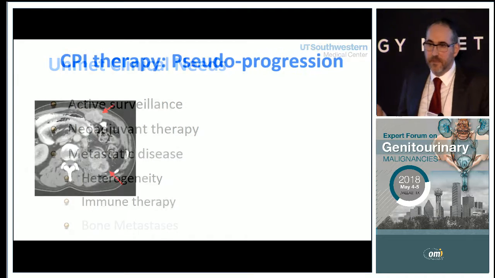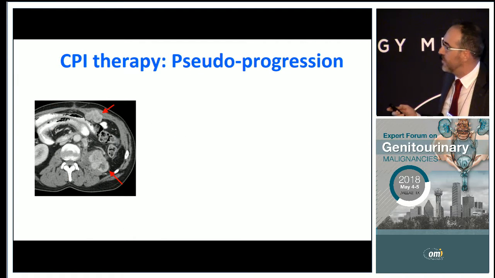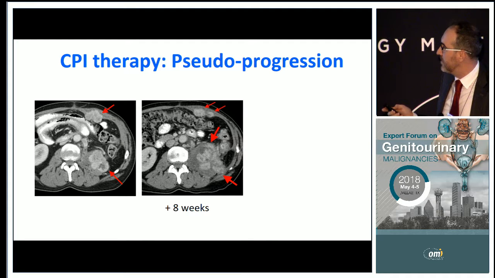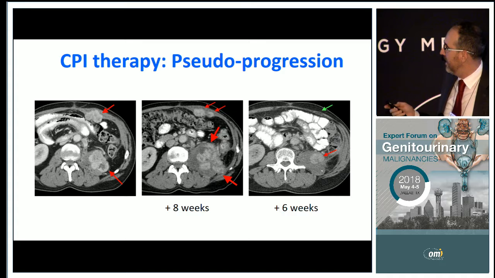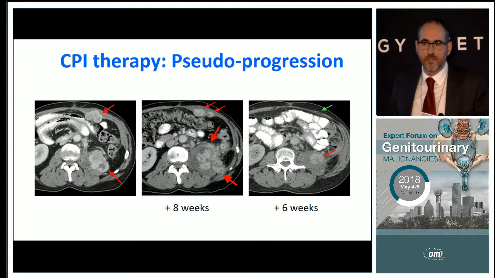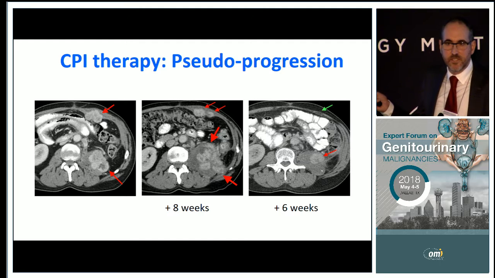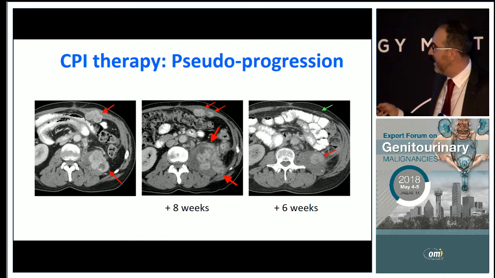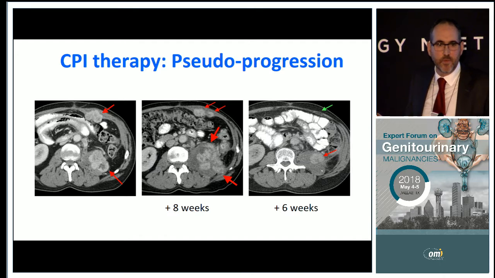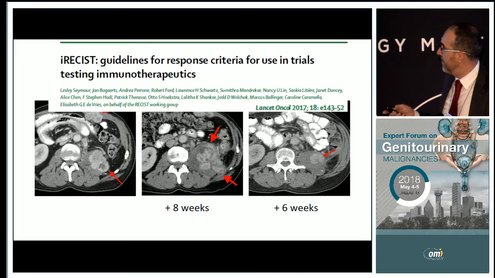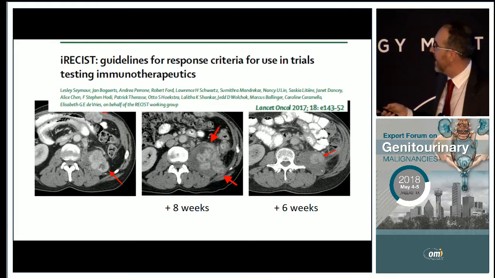What about immune therapy? We're all aware of the challenges of pseudoprogression, where you see tumors exploding very, very rapidly, but then you do a confirmatory scan, and those are actually responses, not progressive disease. But the truth of the matter is this is relatively uncommon, and we also know that by doing a confirmatory scan, we can differentiate between pseudoprogression and response. And that's why we use the iRECIST criteria in general now for these